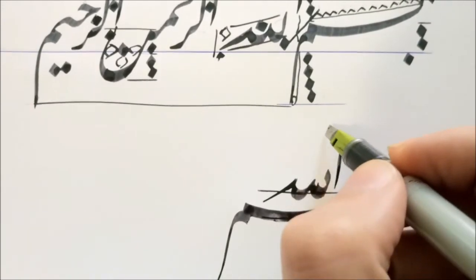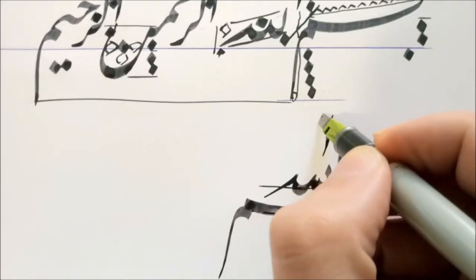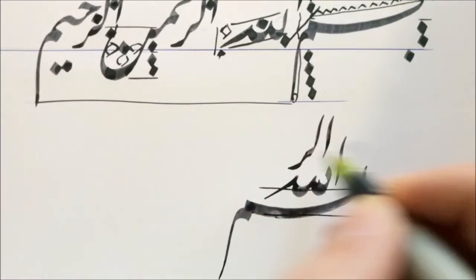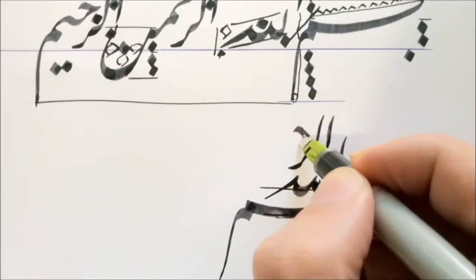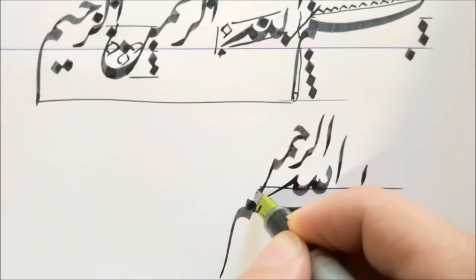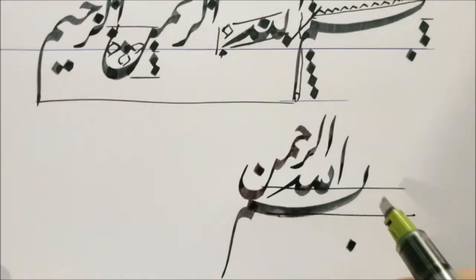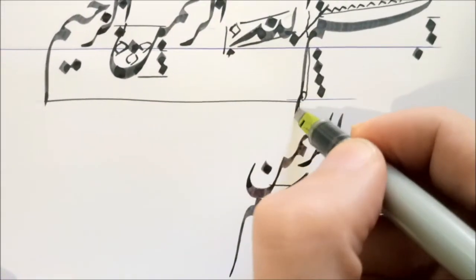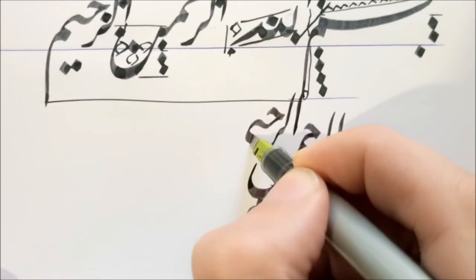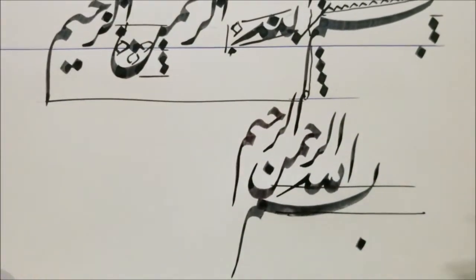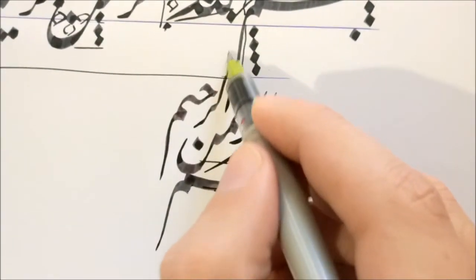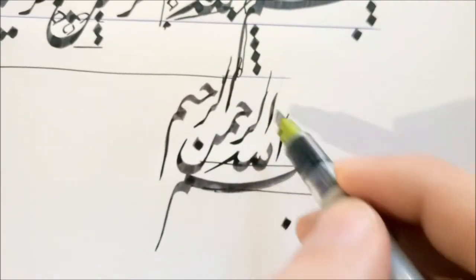And if you think that it would look prettier to add another line here for Ar-Rahman, for example, then another one for Ar-Rahim. So for example, here you have a nice combination where the alifs are all sort of